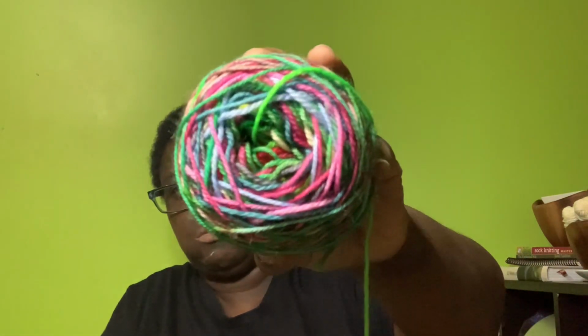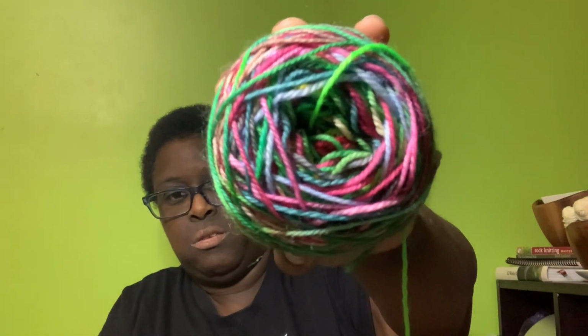I had this wound up from the end of November, and I just got around to knitting it now. So I'll just take out one, because she did them in 50-gram minis, in 50-gram skeins. So these are the colors right there. So I am looking forward to really getting started on that. I probably have about 8 more rows before I could actually get to start with this. So soon, very soon. I'm going to be doing my same basic vanilla